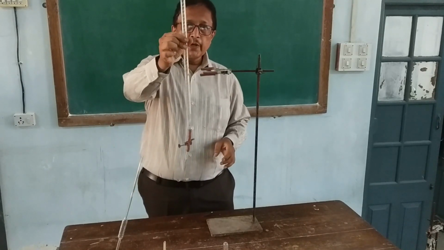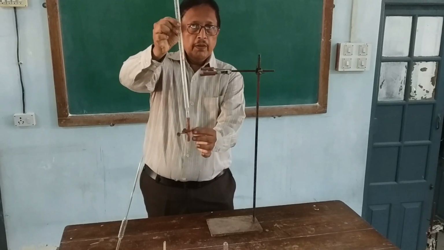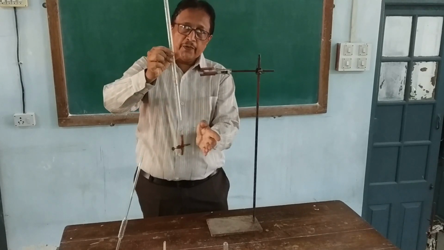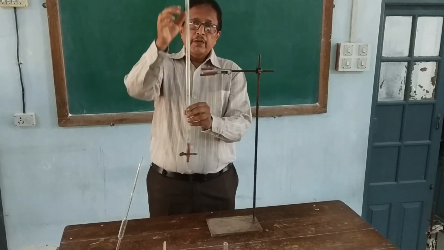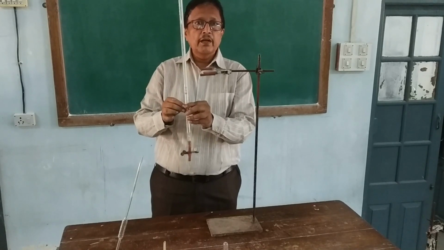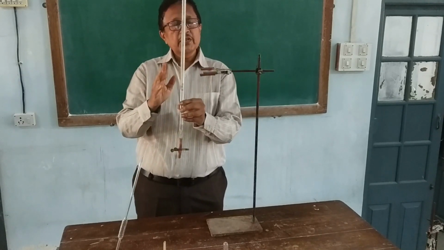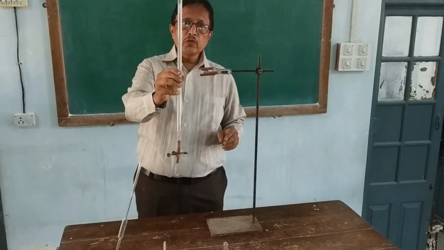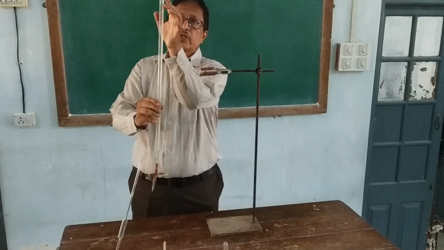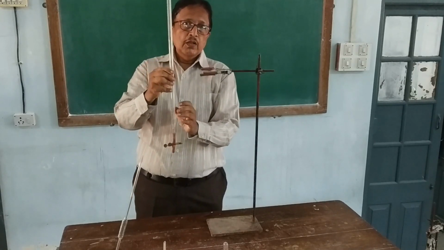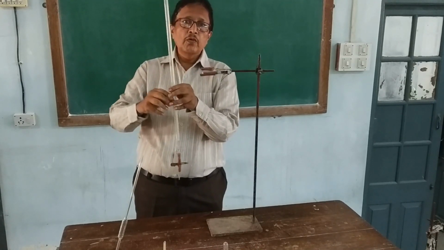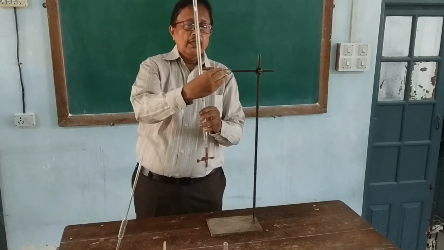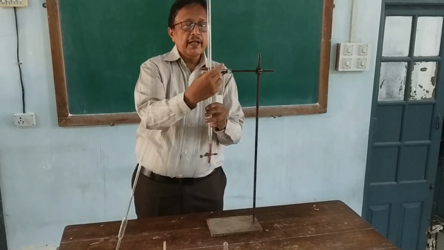So this one is burette. Here it is a knob. How to use this burette, that we will show in different videos. But first of all, you just get familiar with this burette. So this one is known as burette and it is 0 to 50 ml. So you have to keep your solution over here and perform the volumetric exercise.